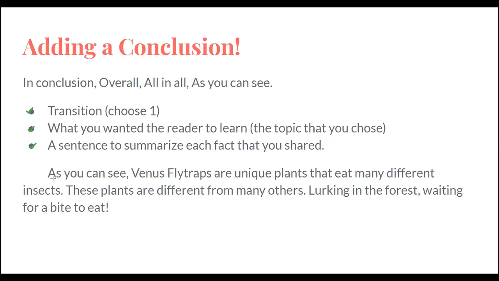So I have each of these 3 parts: my transition, my topic, and some sentences that explain what I learned about this topic. So these 2 sentences are kind of explaining what I learned about Venus flytraps. So remember,